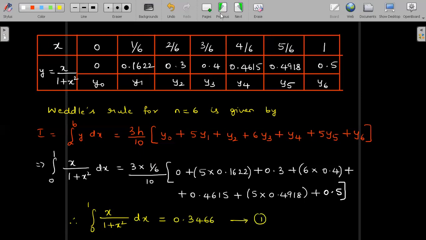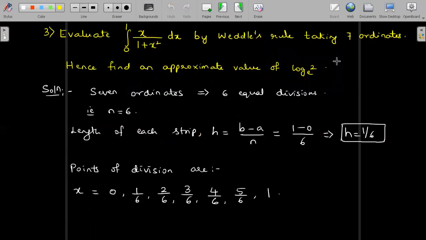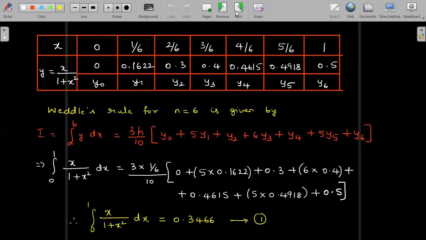When we observe the question, we have something else to do. We have to find an approximate value of log 2 to the base e. So whenever any deduction is being asked, we will be doing direct integration, and that is going to help us to deduce the value. Hence I have written this through Weddel's rule. Whatever the integration evaluation I have obtained, I have just called it as equation 1. Now to deduce log 2 to the base e,